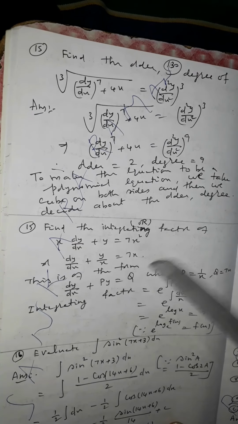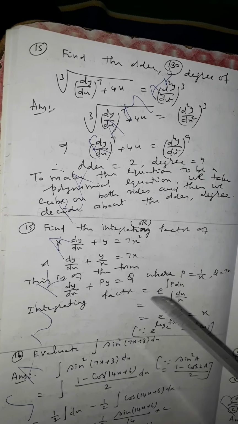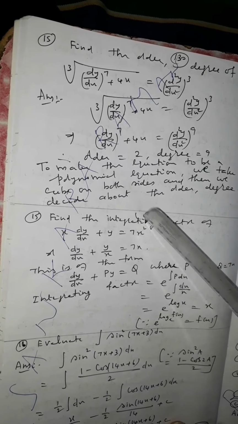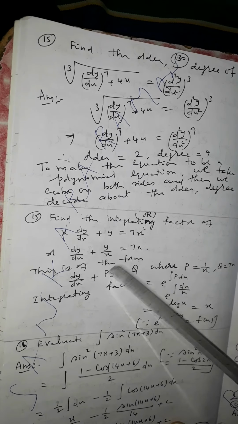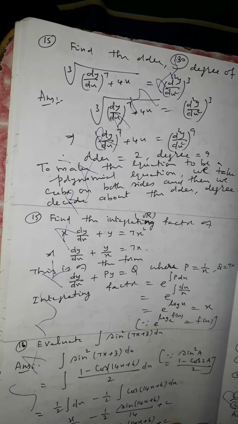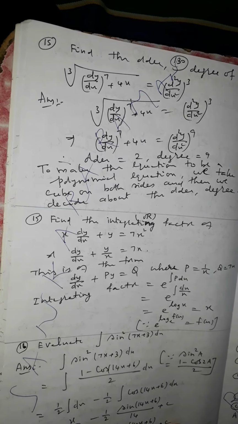There is an R part over here. Find the integrating factor of x dy/dx + y = 7x². Divide throughout by x: dy/dx + y/x = 7x. This is of the form dy/dx + Py = Q, where P is 1/x, Q is 7x. Integrating factor is e^(∫P dx), e^(∫dx/x), e^(log x),